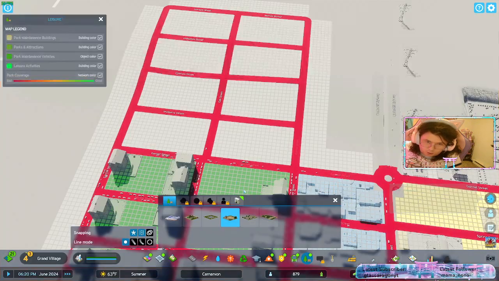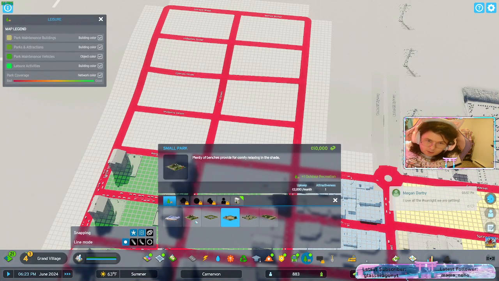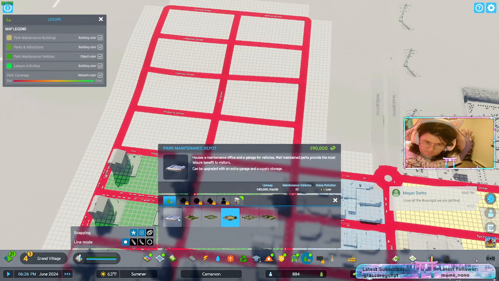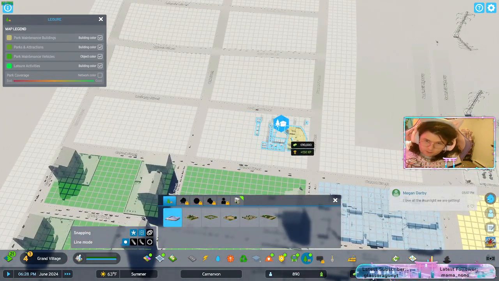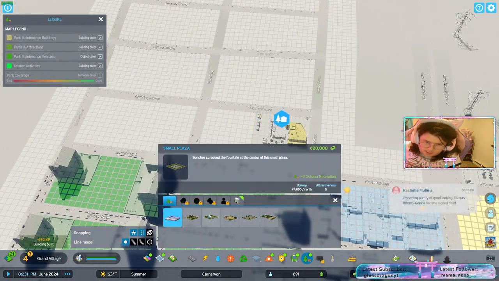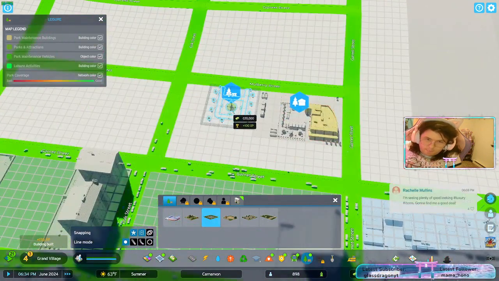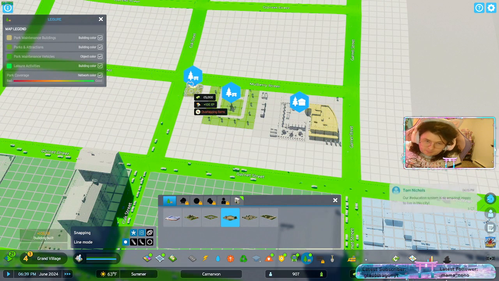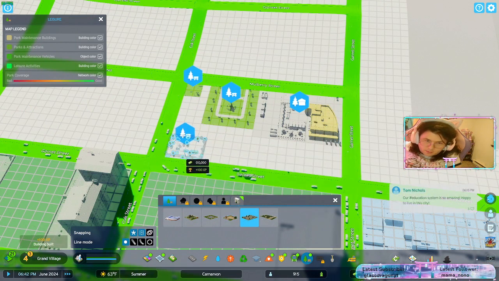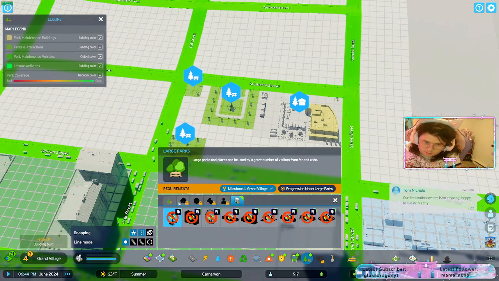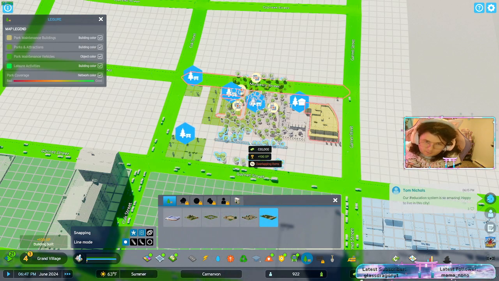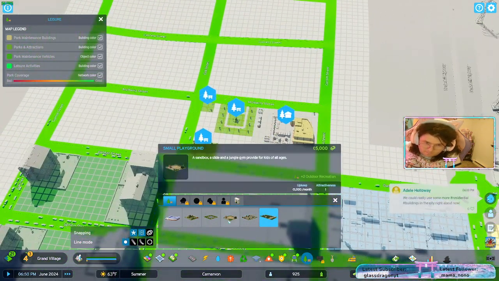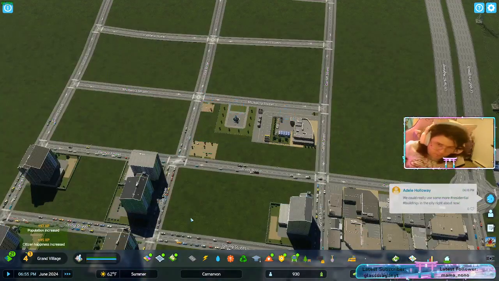A condominium, condos. Okay. We're going to put our small park maintenance there. Park plaza there. Small playground. Dog park. Dog park, and then